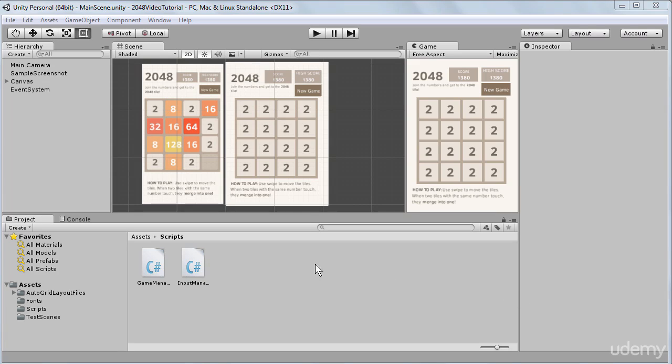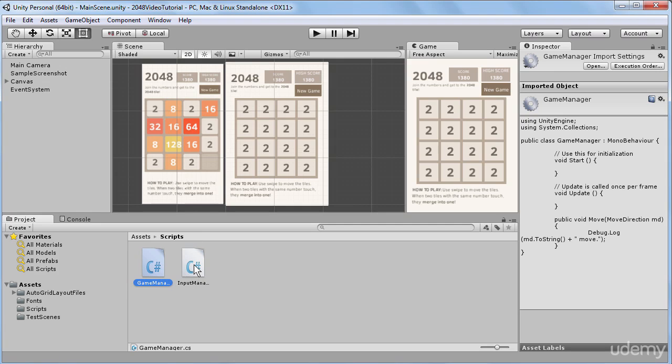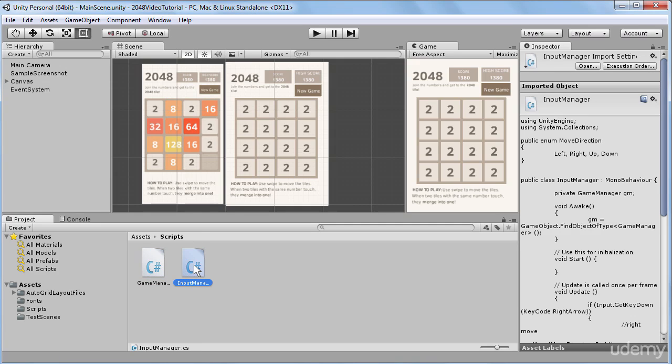So in the previous lecture we have created these two scripts. First one is called Game Manager and the second is called Input Manager. By adding just a couple of lines of code into these files, we have made our game react to players' key presses. So if our player presses any of the arrow keys, there will be a message printed out in